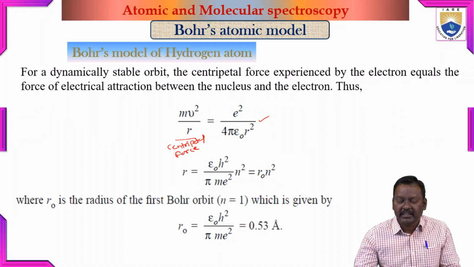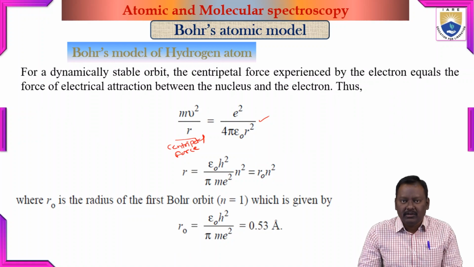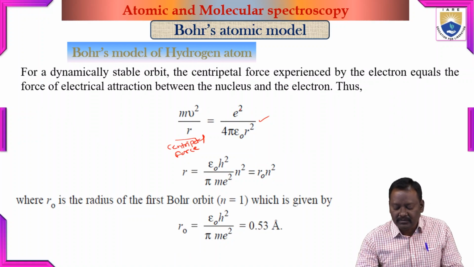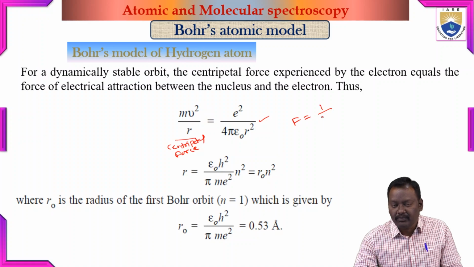The force of attraction or repulsion between proton and electron is given by the formula